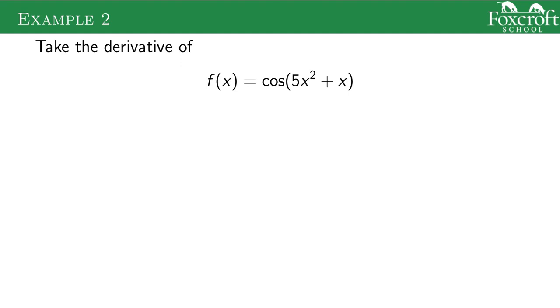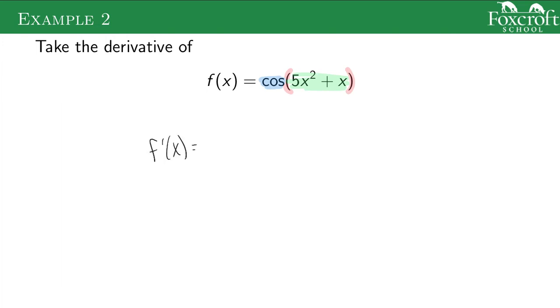All right, cosine of 5x squared plus x. Again, we have this parentheses, which is a good clue of the chain rule. And again, thinking from outside in, outside of that parentheses, the first thing we see is cosine, and then we see the polynomial. So our derivative,